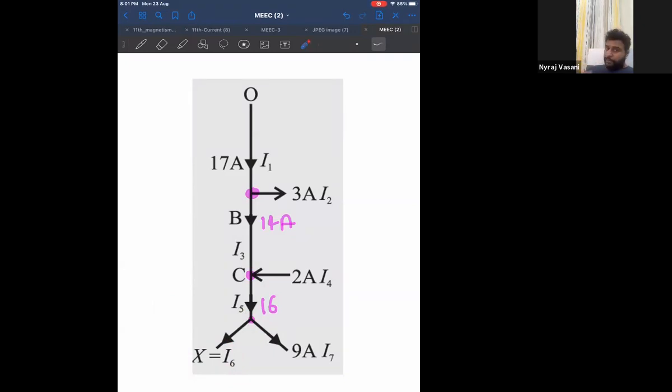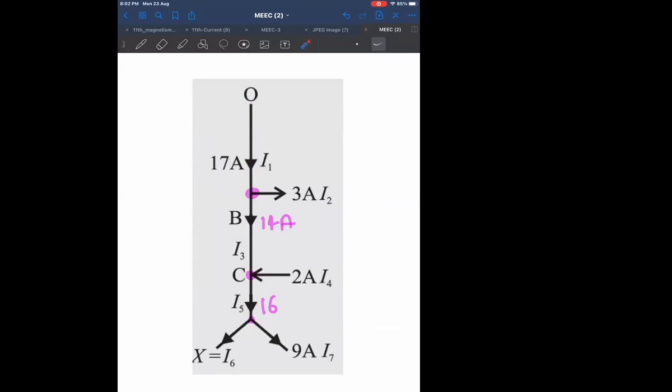You will get more and more problems, but try to warm up to this particular concept of Kirchhoff's current law. So total current entering here, this node, and this node. Clear? Can I go to the next one? Any doubt? Let me know. Most of you have given me the right answer. Some people have given me the wrong answer.